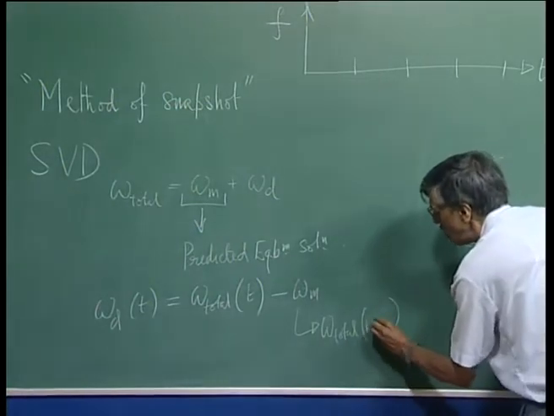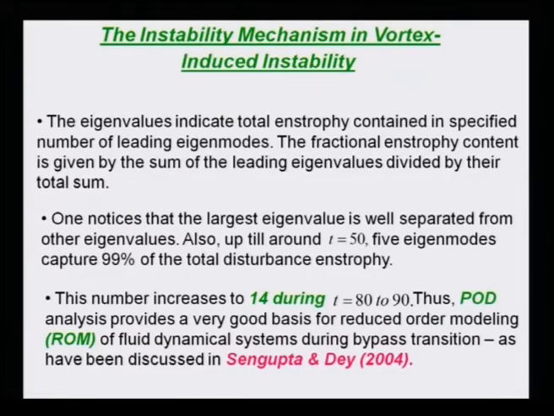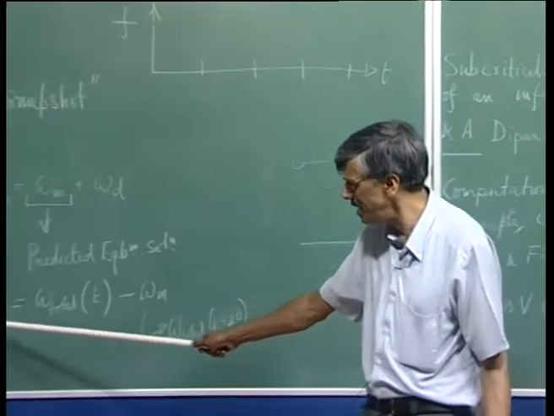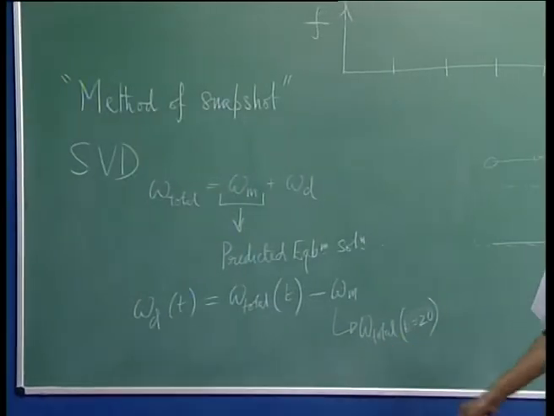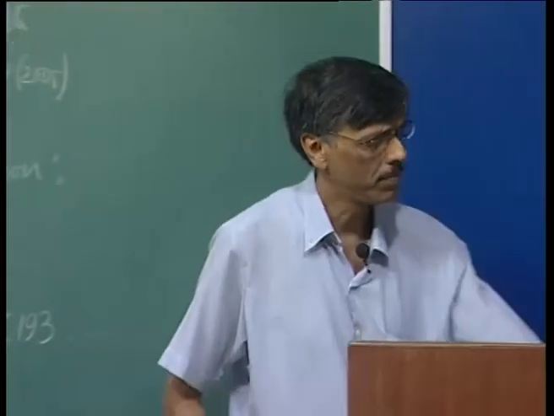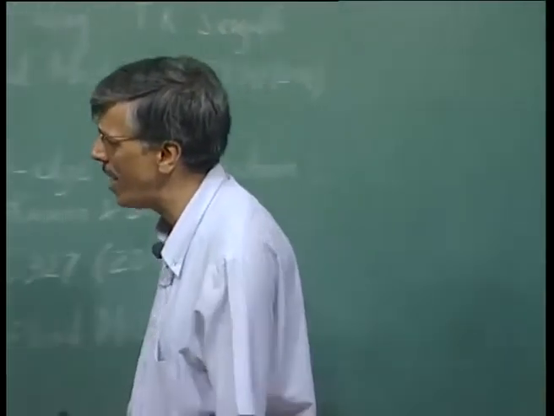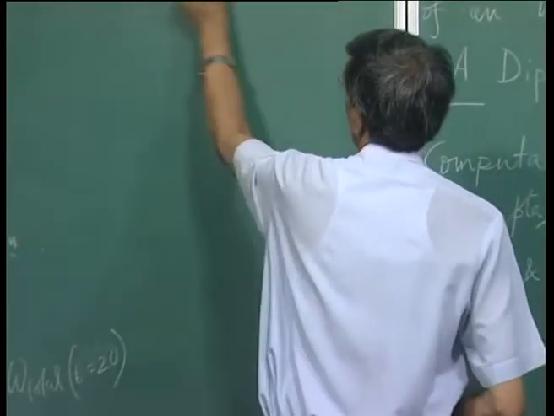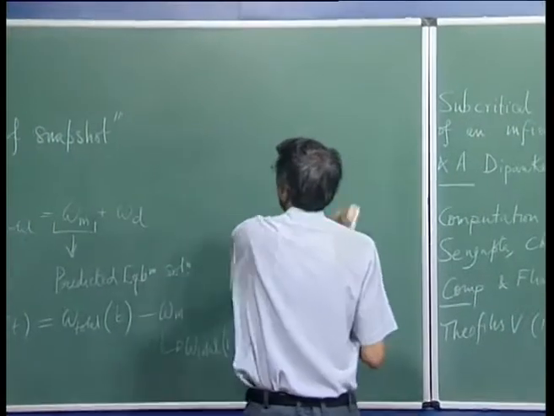Okay. For this particular case that we have shown here, it is like this. So what happens is at each and every time I am getting this disturbance vorticity, then what I could do is I could create a correlation matrix, whose elements I could call as